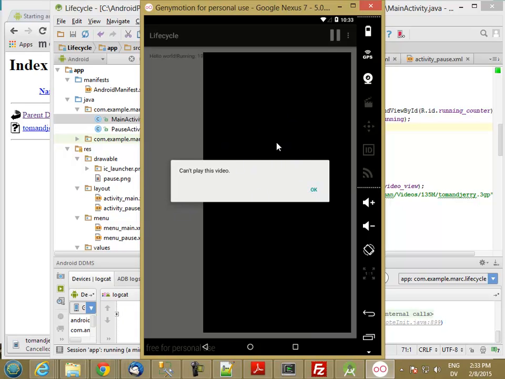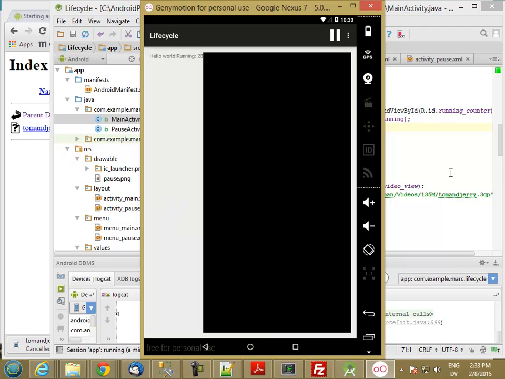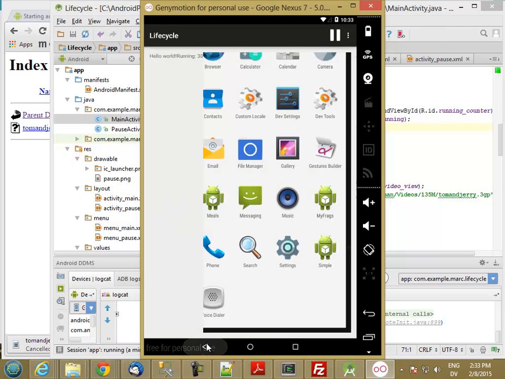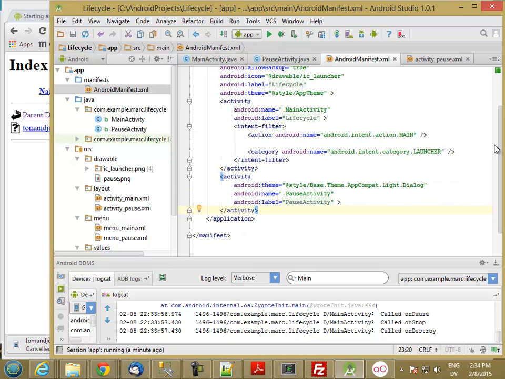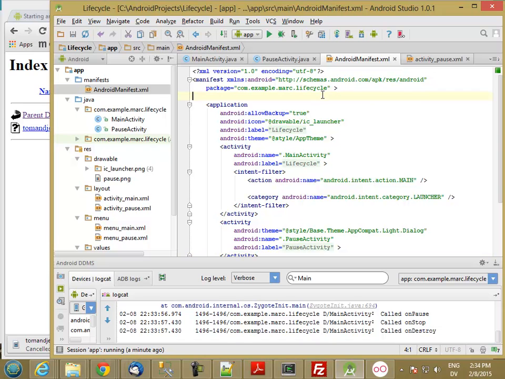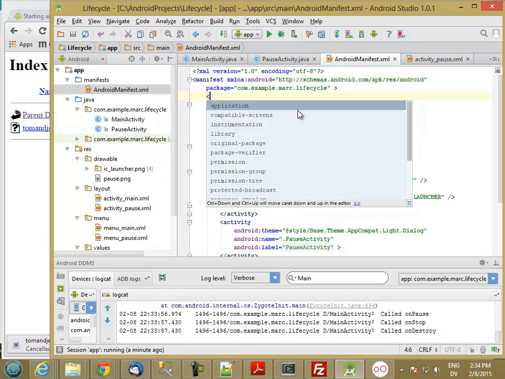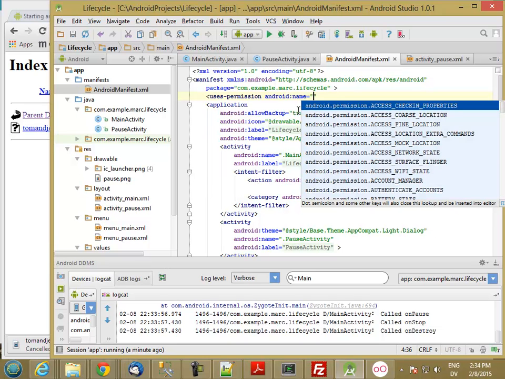The video format's actually okay, but I forgot one thing that's really important. My app does not have permission to talk to the internet. So I have to give it that permission before it can access resources on the web. And the way you do that is in the Android manifest. And right here at the top under manifest, before your application, say uses permission, and then the one that you want is